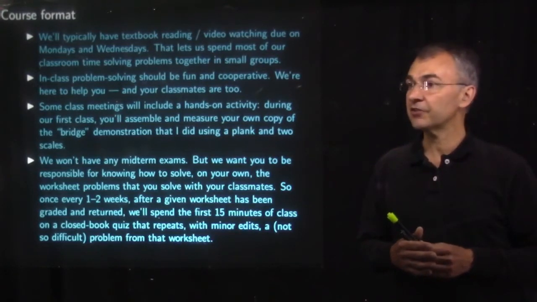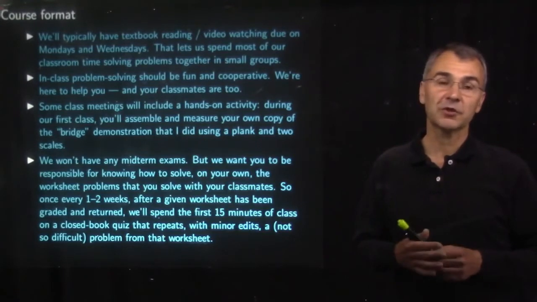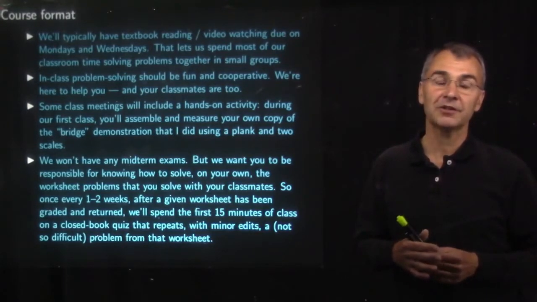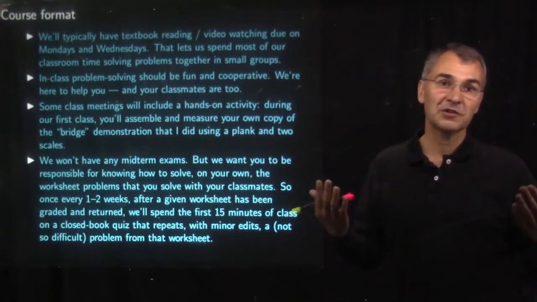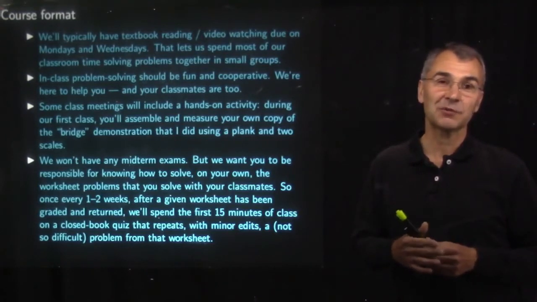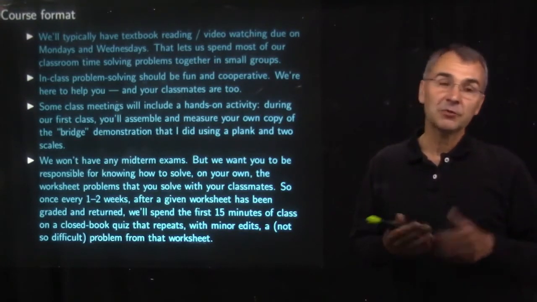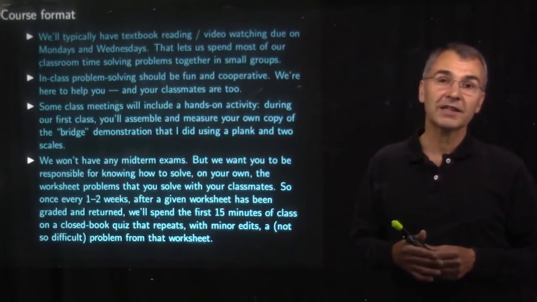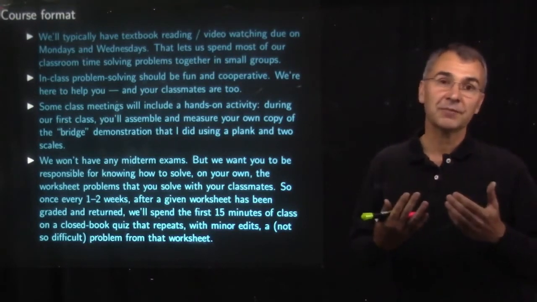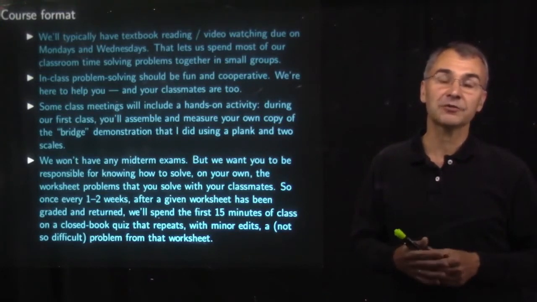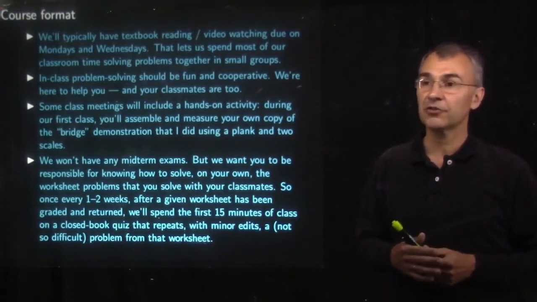So, just as if you want to learn to play the piano, or if you want to be a better athlete, you ask what kind of coach would you hire to help you do that. You don't just watch videos of your coach playing the piano or exercising, playing football, etc. You might watch somebody else do it at first to get the idea of what you have to learn, but then you only really learn it by doing it yourself. And so there's a difference between the superficial knowledge that you can gain by watching somebody else do something or by reading about something versus the skill that you build up by